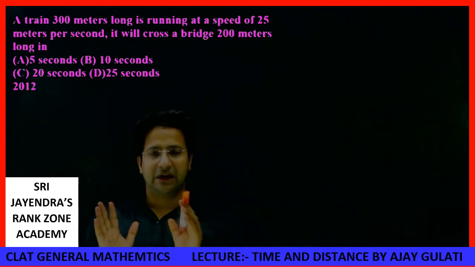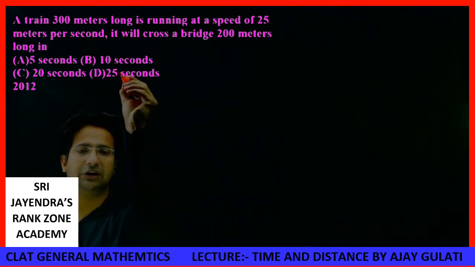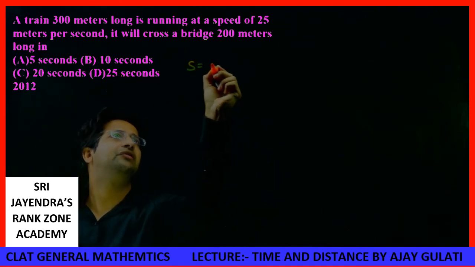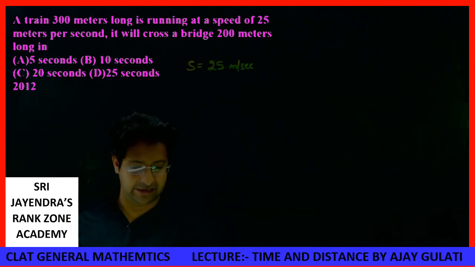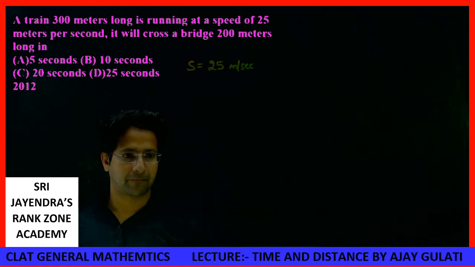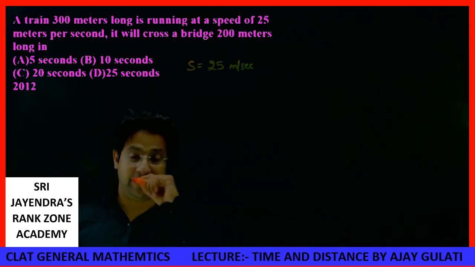A train 300 meter long is running at a speed of 25 meter per second. What is the speed of the train? Speed is equal to 25 meter per second. Now,